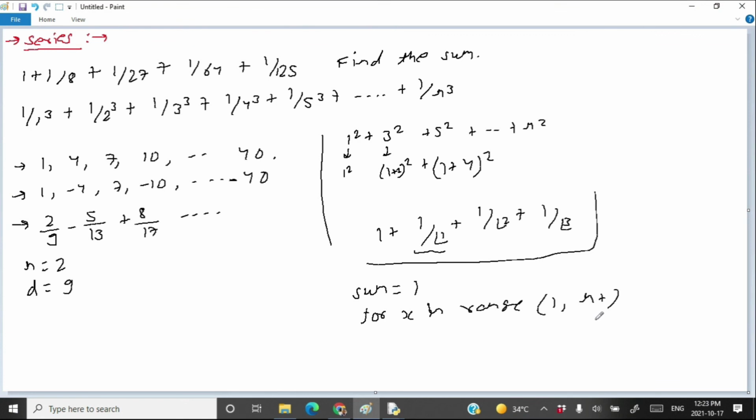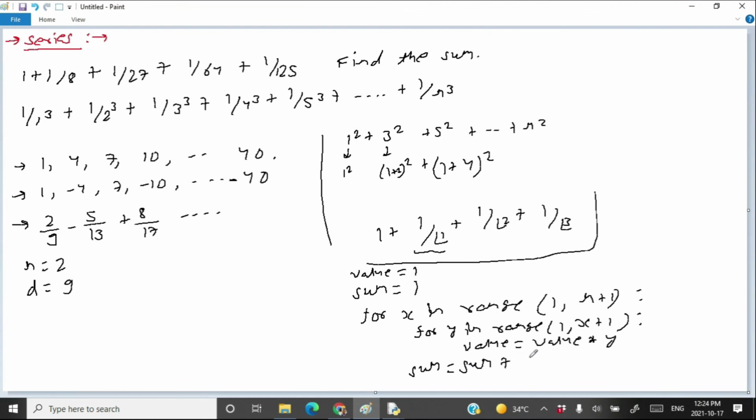So for x in range 1 to n plus 1, again you need to write here for y in range 1 to x plus 1, there will be a value, value is equal to value multiplied by y. Here you write value is equal to 1. And finally, you write sum is equal to sum plus 1 by value.